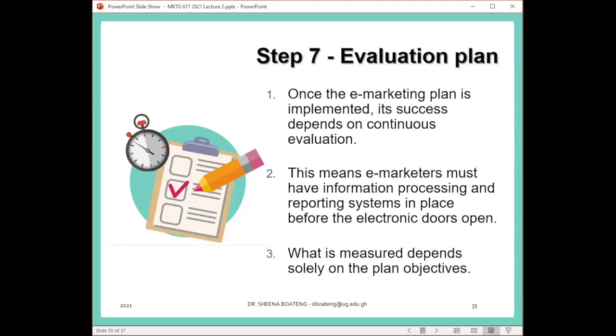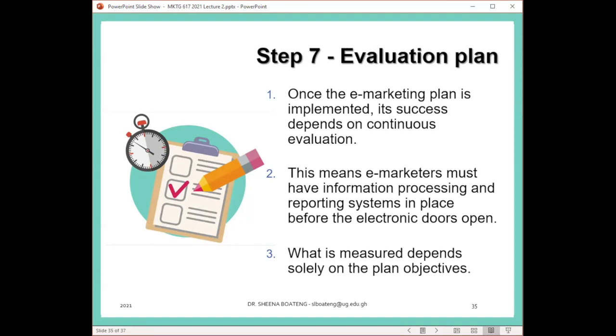And that is why in the second point, we talk about the fact that you need to have in place information processing and reporting systems. Because when you are monitoring and evaluating, you need to be putting all the information that you are gathering in a form that is usable for those who are going about these implementation tactics and activities, so that they will be able to adequately see what they are doing right, what they are not doing right, and where they can come up with solutions to fill the gap where they fall short. So it's important to come up with information processing and reporting systems, because information is only as good as its timeliness and how well you are able to utilize it to inform your strategy, right?